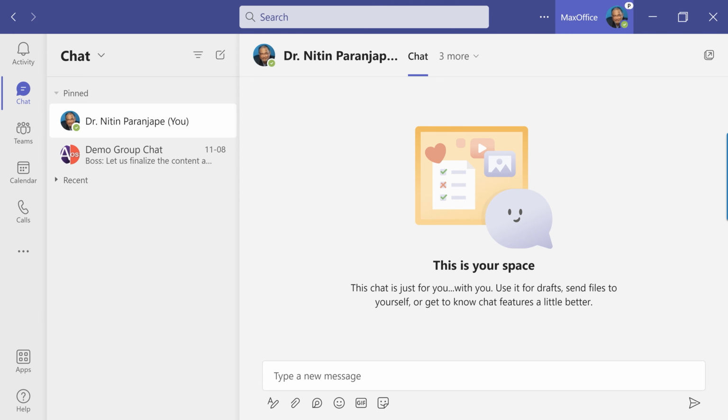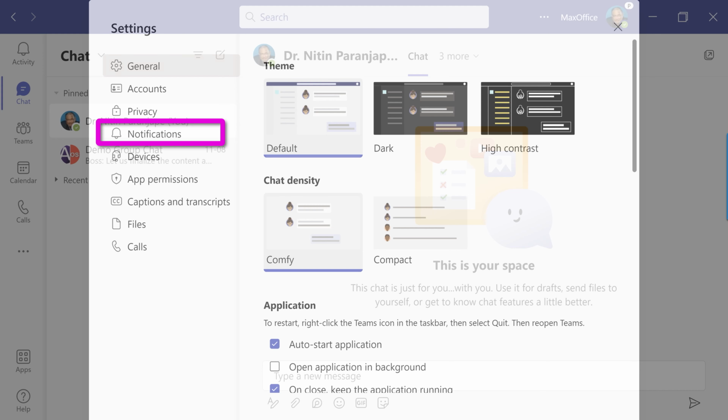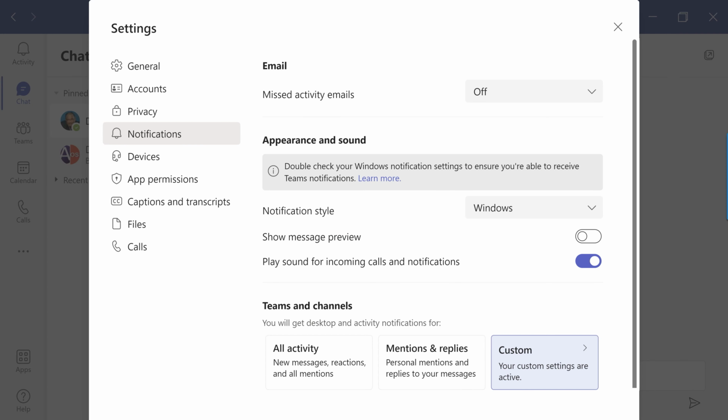Open Teams on desktop or browser. Next to your profile picture, 3 dots or ellipses, go to Settings. Missed activity email should be off because we don't want to get mails for something which is happening in Teams. You just remember to go to Teams and check what is happening as frequently as you do with the inbox. Try it out consciously a few times and it becomes a habit.